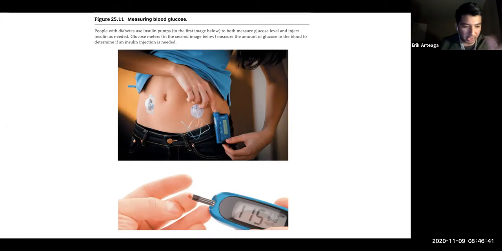I've seen numbers as high as 300, 350. So some individuals that don't take care of themselves, that are unaware of their status, may come in feeling a little not well, not right, or sometimes you'll see hypoglycemia where their numbers go down, right, and then they start fainting, and an individual will come in to the ED fainting and not know why, and then boom, you find out they do have diabetes.